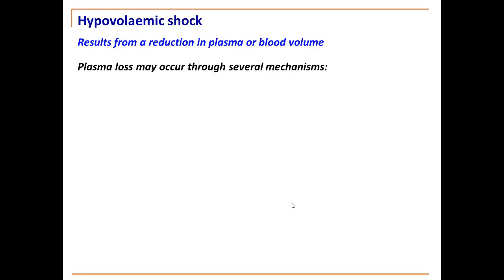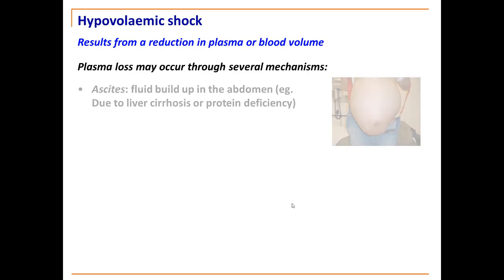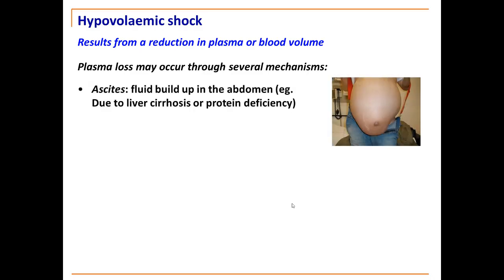So moving on, like I said, it results from a reduction in plasma or blood volume, but that plasma loss can occur through several mechanisms. It doesn't necessarily have to be through blood loss from an artery, for example. It can also be due to the buildup of ascites, and this is where you're getting that buildup of fluid in the abdomen, for example, due to liver cirrhosis or significant protein deficiency and that lack of oncotic pressure and